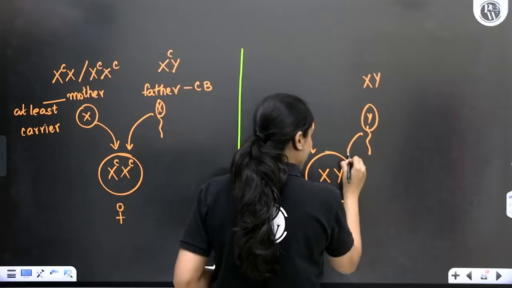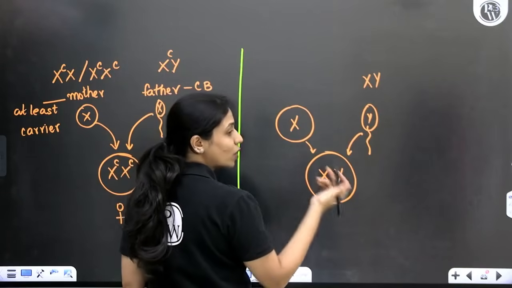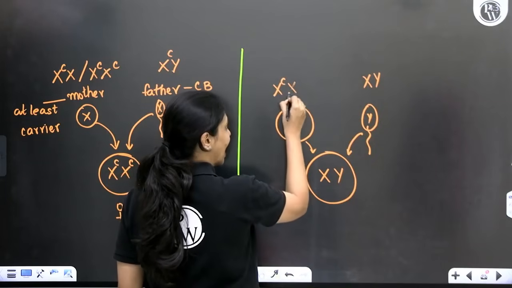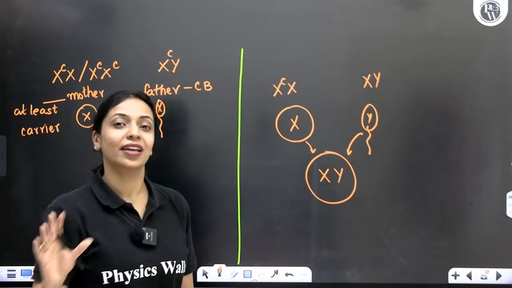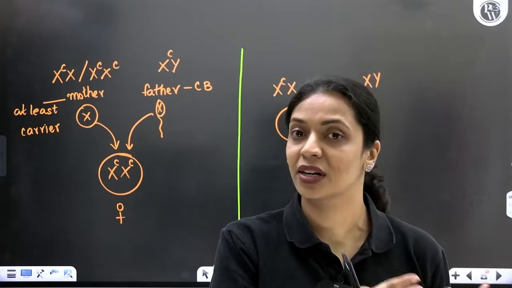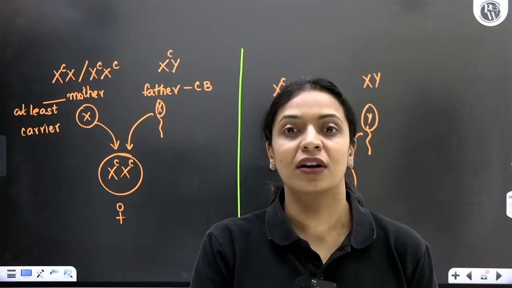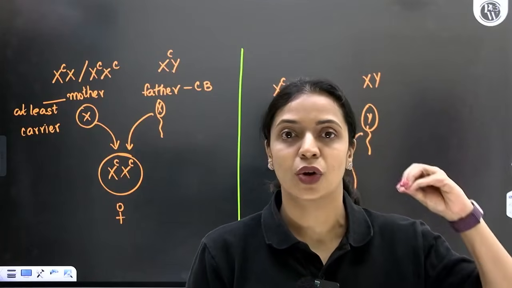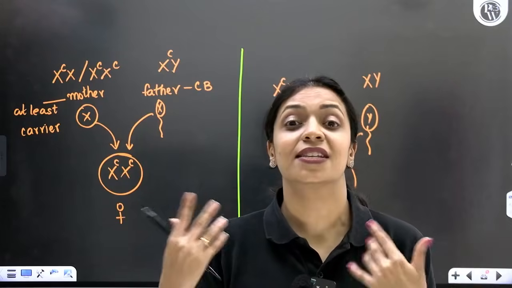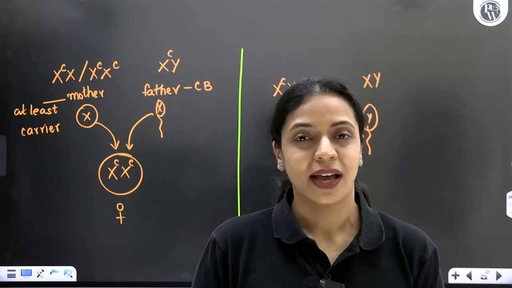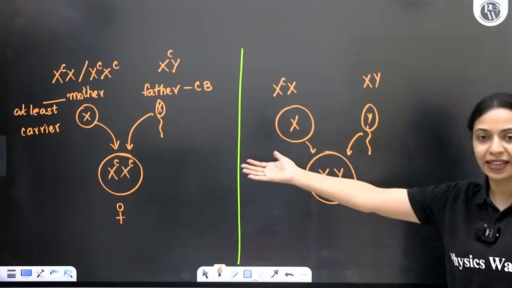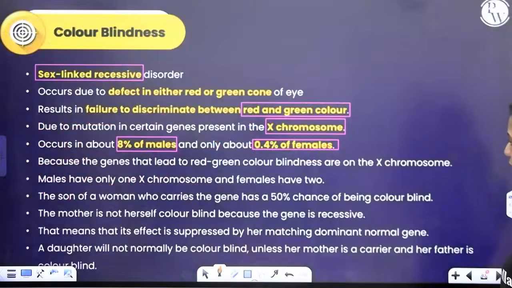Okay. So for this lady to pass on colorblindness to her son, it's not necessary that she has to be a colorblind woman. Even if she is a carrier, there is still a possibility. Just a carrier woman can pass on the colorblindness allele to her son. But for a woman or a girl child to develop colorblindness, father should 100% be colorblind and mother should at least be a carrier. Since this is the requirement for females to be colorblind, the chances are rare. Okay, so it's more commonly seen in boys than in females. Alright, so